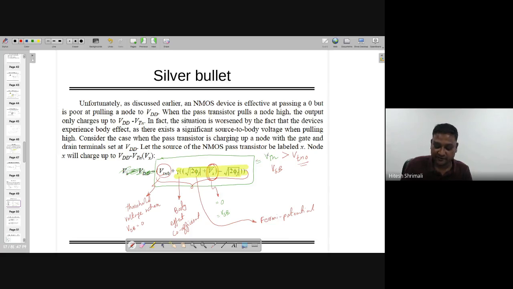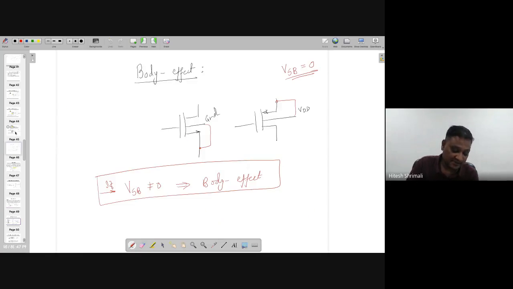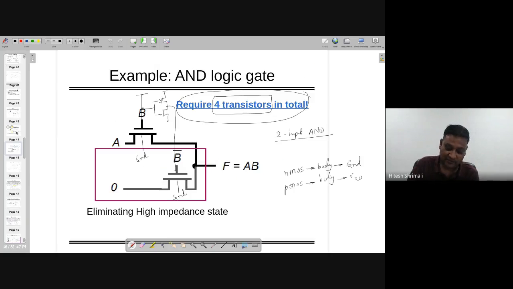So this will definitely affect my switching threshold, also other required characteristics of tPHL, tPLH, because the transistor is not going to become on at the particular time. So in that case, things will be jumbled up. So the same thing is happening over here. You can see when nothing is given over here, we have to assume that this is connected to ground, right? If it is connected to ground, body and source are not tied together. Can you see it? VSB is not equal to 0. So in that case, definitely your threshold voltage will be varying.